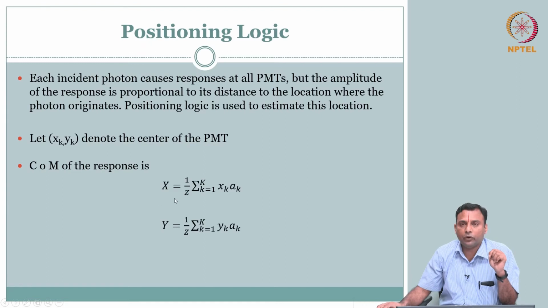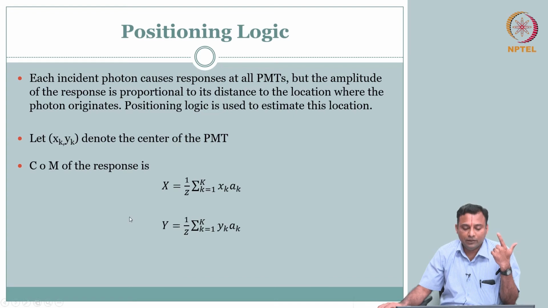How do we do that? So you have your x location to be the sum of xk ak, times 1 by Z, which is what we calculated, the total. So 1 by Z of the partial contributions. This is weighting the location by the amplitude in the x direction, and likewise the location and amplitude in the y direction. So it is equivalent to your center of mass calculation, and you can get your x and y. So now we have our activity and where it possibly came from in x and y location.